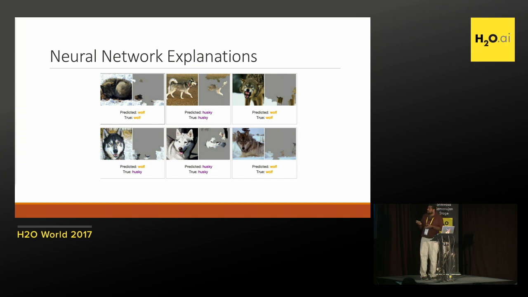You can see for each image, there's the LIME explanation, where a lot of the image is gray, especially when you look at the ones where we predict it to be a wolf. You'll see that the explanation doesn't have the wolf part in it at all, right? So look at the first one, only the snow on the ground kind of shows up. Even the last one, the neural network is completely ignoring the wolf. It's just looking at what's on the ground. Here also just looking at what's on the ground. And here also, it's just looking at what's on the ground, right? So to classify which animal it is, it's not even looking at the animal.